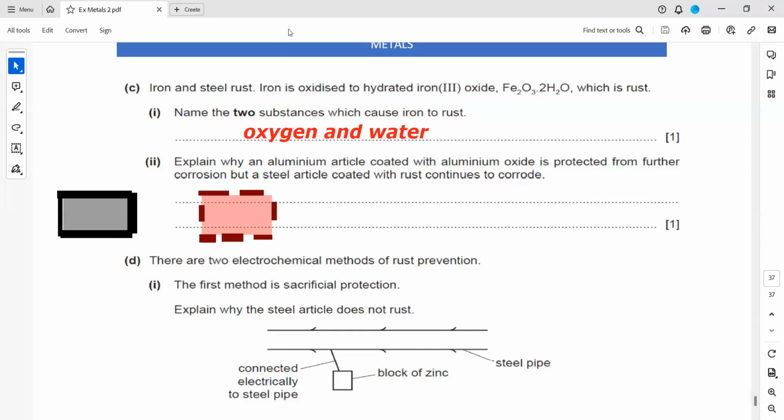The idea is that aluminum oxide is not a porous substance. Porous means there are spaces available in some places. But when there's a layer of rust on the piece of iron, it's not like the whole layer is solid, and this is a porous substance. When we say a porous substance, what will happen? It allows the oxygen and the moisture to interact. So when the substance is porous, the rust is